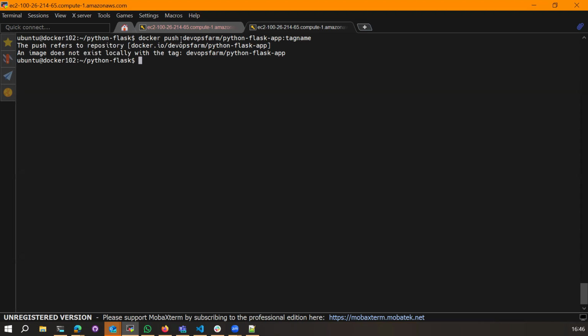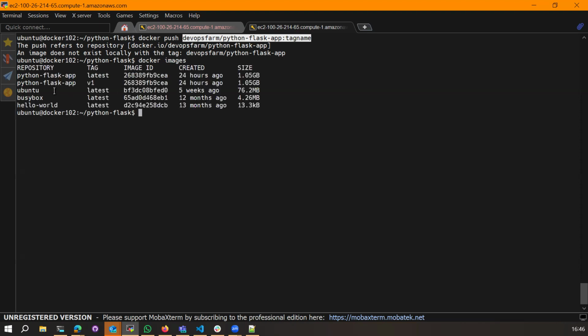So how do we create an image like this? You have docker images. You see, you have an image called Python Flask app, and the version is v1. So I need to create an image which is named like this. How do I do it? I can rename this image to DevOps slash Python Flask app, right? To create another copy of the image,